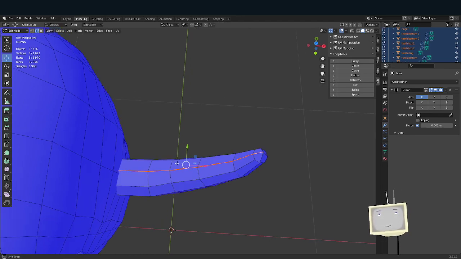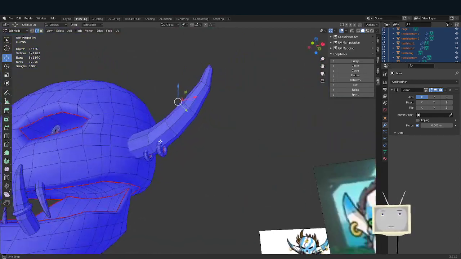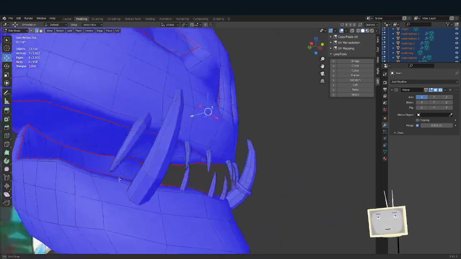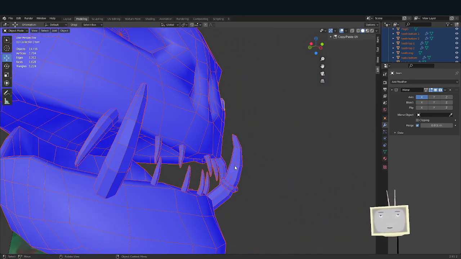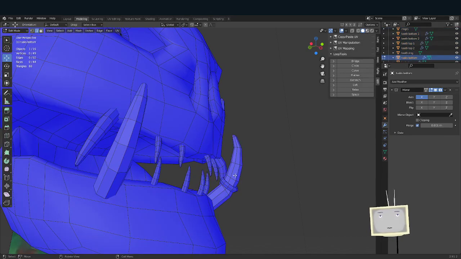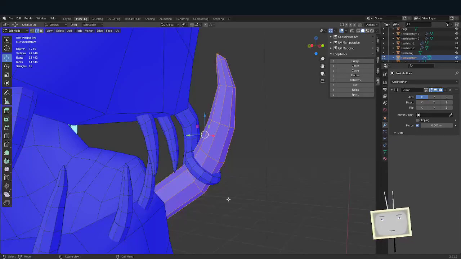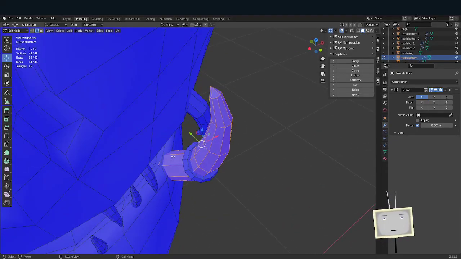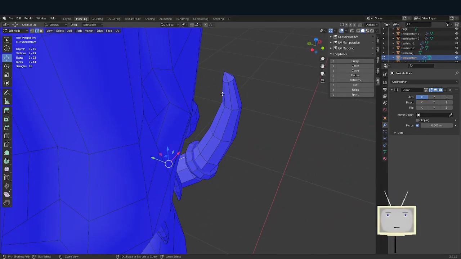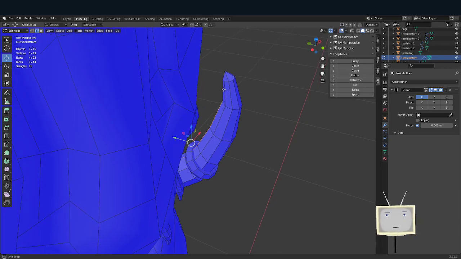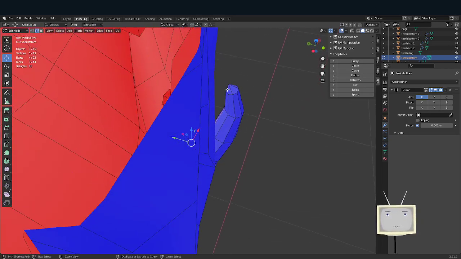Mark seam. Those have their seams marked. Let's just work on these one at a time. Grab all, center from here to there. Actually, it's more like to